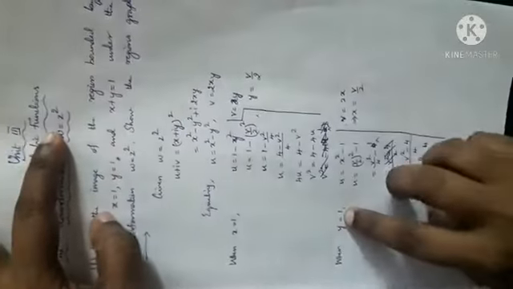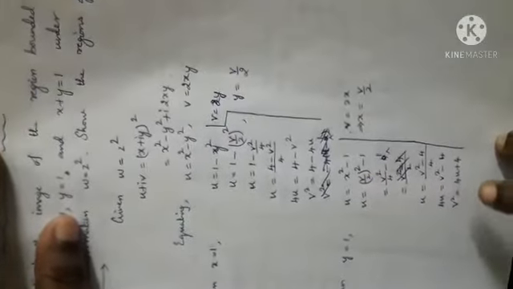Similarly, when y is equal to 1, you find the image. When y is 1, u becomes x square minus 1, v becomes 2x. Find the value of x, substitute here, simplify. You can see another parabola which will not meet origin.